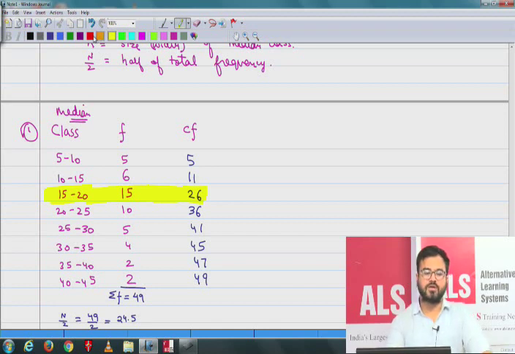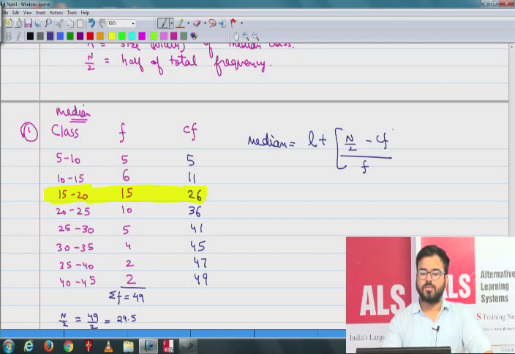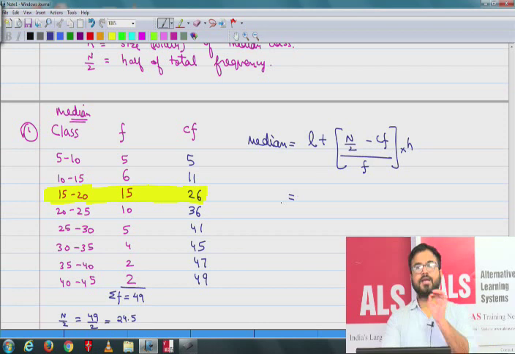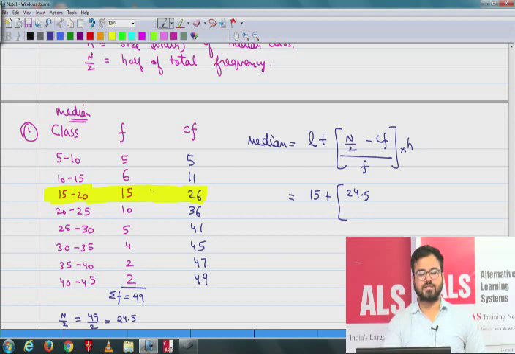So we know the formula for the median. That is L plus n by 2 minus Cf upon f into h, right? L indicates the lower limit of the median class. So this is the median class, and the lower limit is 15, so L is 15. N by 2, which we have already calculated, is 24.5. Cf indicates the cumulative frequency just before the median class. Just before the median class, the cumulative frequency is 11, divided by